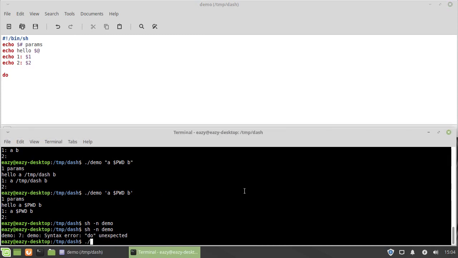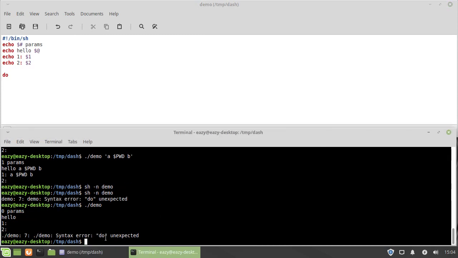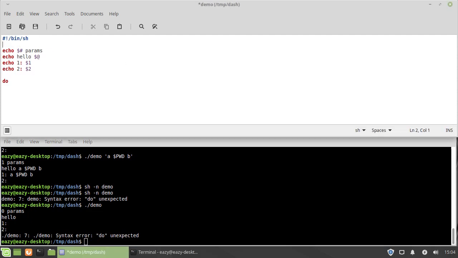Now normally, if we'd run the file, you can see that even though the file is not syntactically correct, it still executes it, but it just crashes when it reaches the error. So one way we could get around this